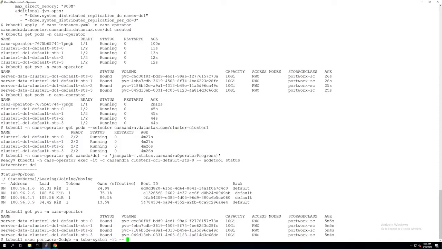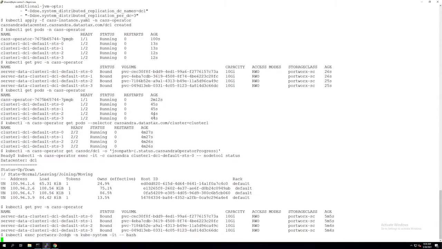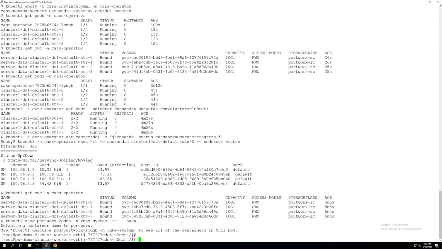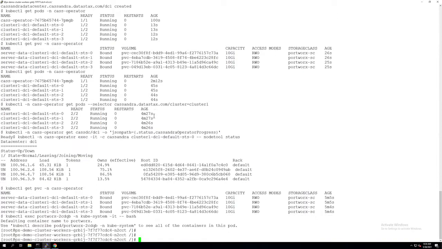Next, let's exec into one of the Portworx pods and list all the different volumes that are provisioned for Cassandra. The reason we are execing into the Portworx pod is because we already ship with the pxctl utility. So you can just run /opt/pwx/bin/pxctl status.